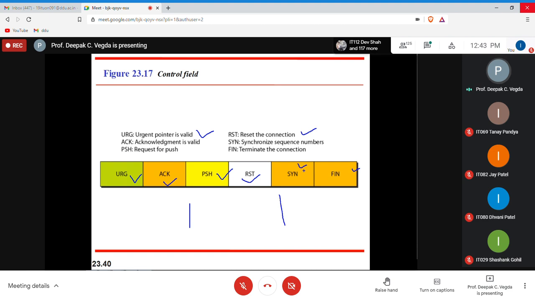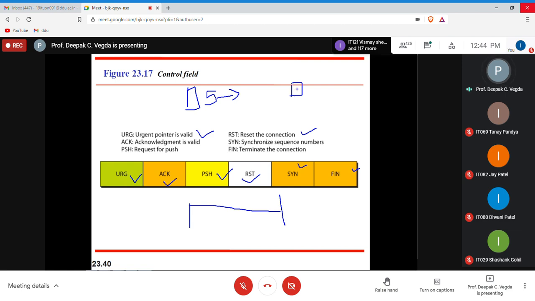When you are building a connection, it means that you will synchronize: I am going to transmit you data with a starting sequence number, and I will use sequence numbers from 5. I'll not tell you why I'm not using 1 to 4. I'll tell you that my next packet will start from sequence number 5. And the other person, getting that information, says okay, I am ready to get connected with you, and I will receive your packets from 5.